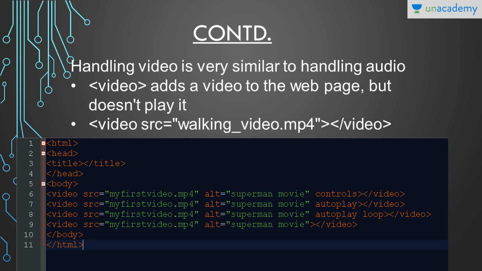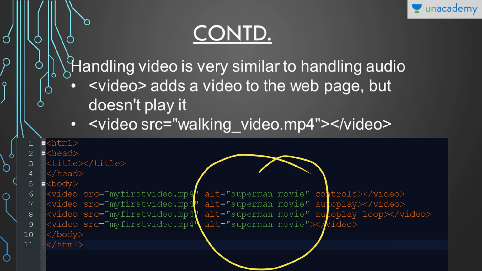controls, autoplay, loop. But there's one thing you can notice here, that we can use the alt, which is the alternate attribute, in our videos. So we use alt in our images and alt in our videos, but not in our audios. Here you can see the basic syntax of the video tag. These are opening video, these are closing video. Here I have given the source of my video file. After that I have used the alternate